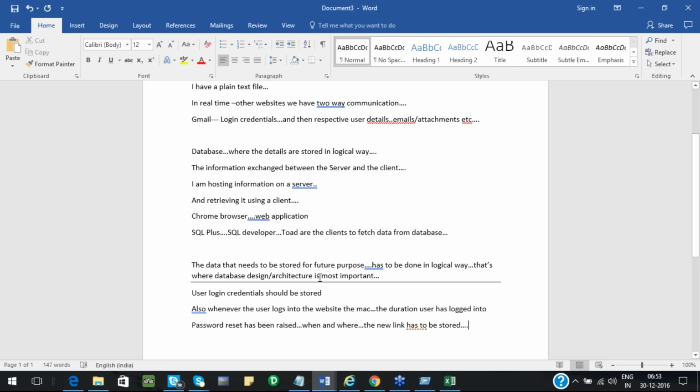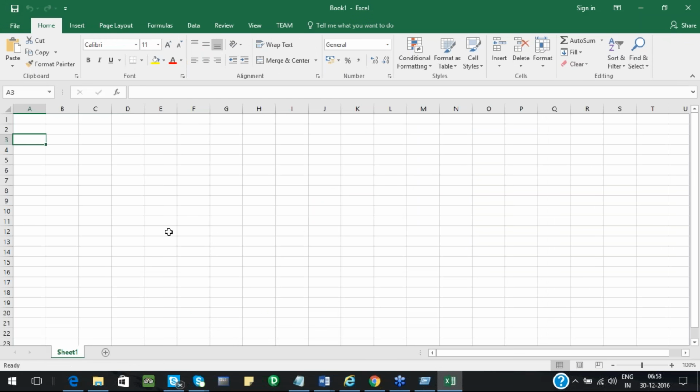Let's take login credentials. For login credentials, what is required? Okay. Username, password. Then that's it.